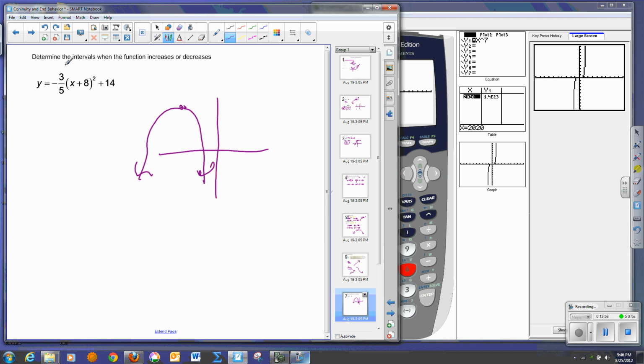Now, we want to determine the intervals where the function increases or decreases. So we start from left to right to describe everything because that's how we read. Now you notice as you follow this from left to right, it rises. So it's actually increasing until it gets to its vertex point. And then it decreases or goes down after the vertex point. So how do we say that